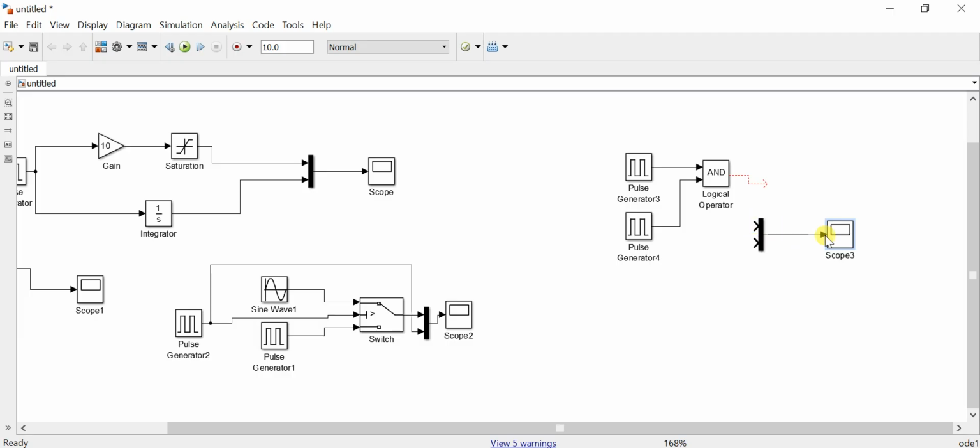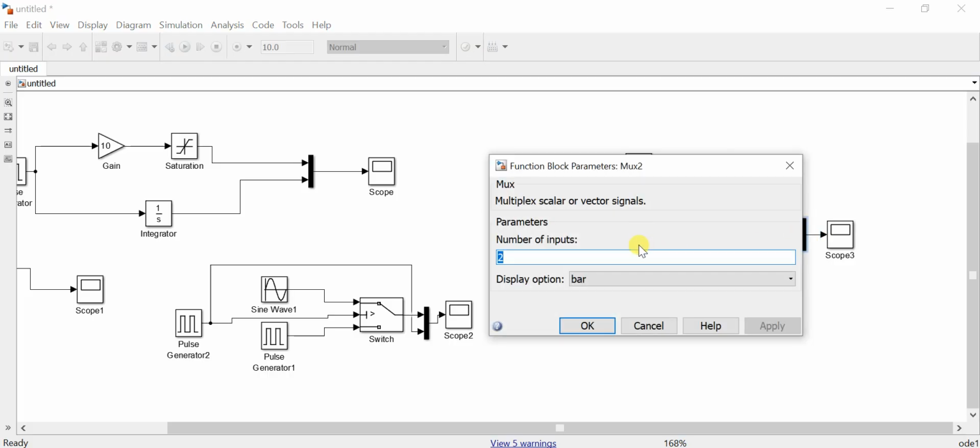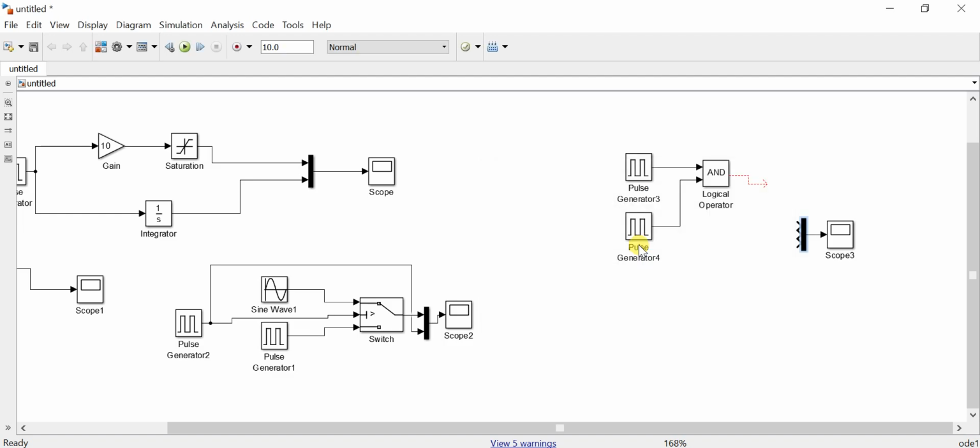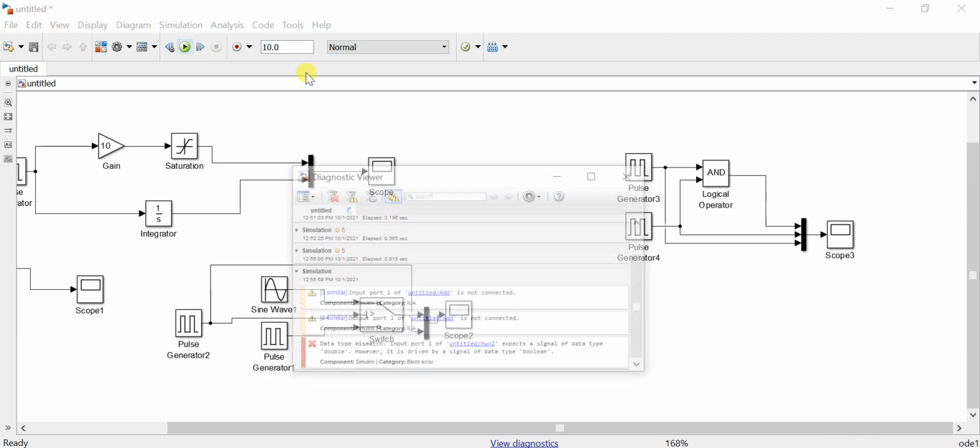You just connect here with this and try to change the number of inputs in this mux to 3, and connect all the inputs. When you run it, you can see the